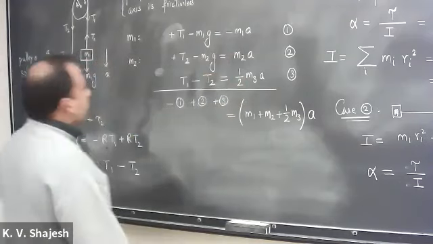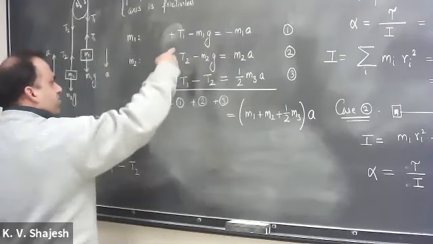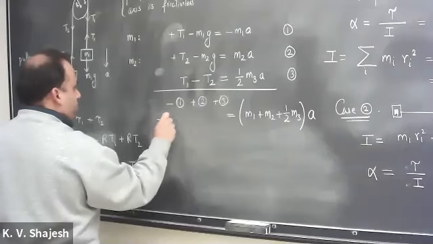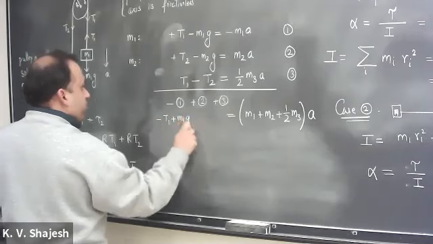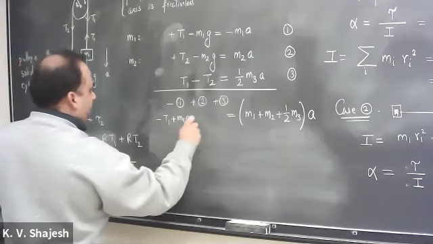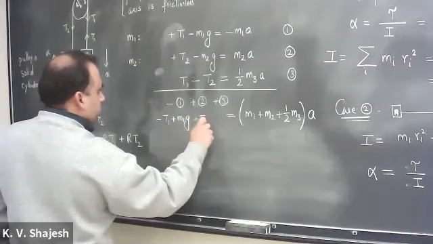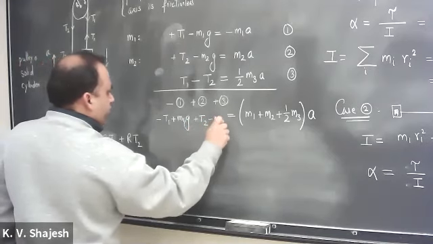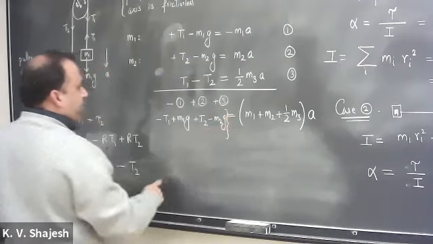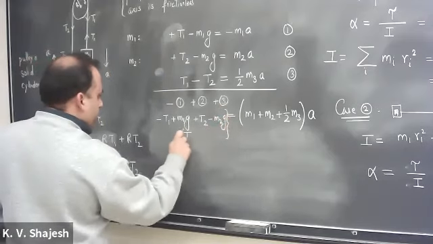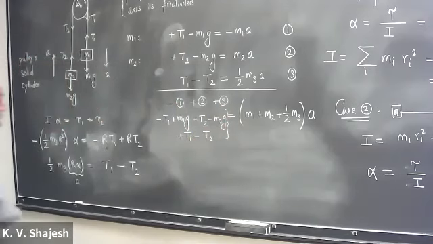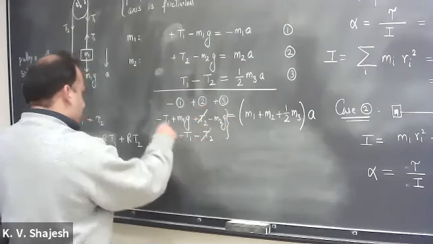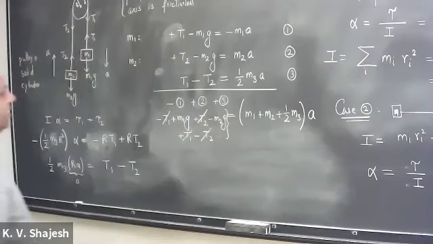Each one of them had an acceleration. And when I add this, notice that there is minus T1 minus M1G, sorry, plus M1G because I changed sign. Then I have plus T2 minus M2G. And I have to add one more. So there's T1 plus T1 minus T2. A little bit of clutter there, but T2 cancels out and T1 cancels out. That was the idea of doing that addition and subtraction in there.